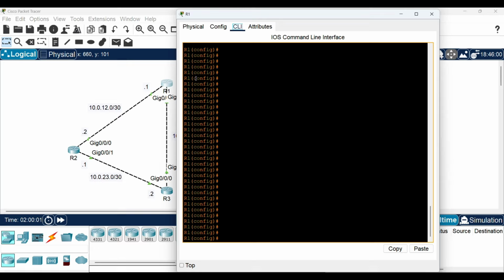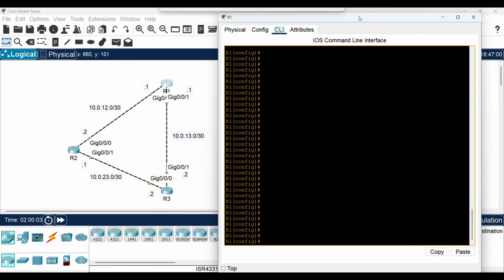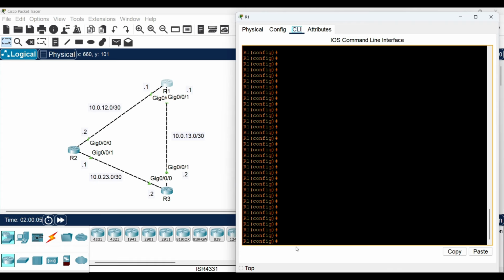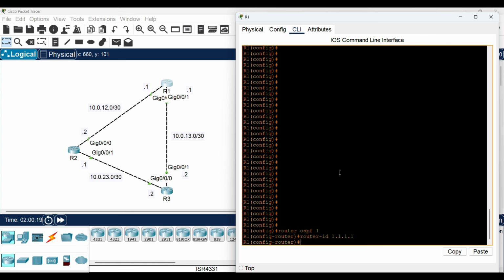To enable OSPF, use the command router OSPF followed by the process ID. In this case, we'll use process ID 1. Next, we'll configure a router ID on router 1. We'll use 1.1.1.1. Now, we'll specify which networks OSPF should run on. On router 1, we'll enable OSPF for the